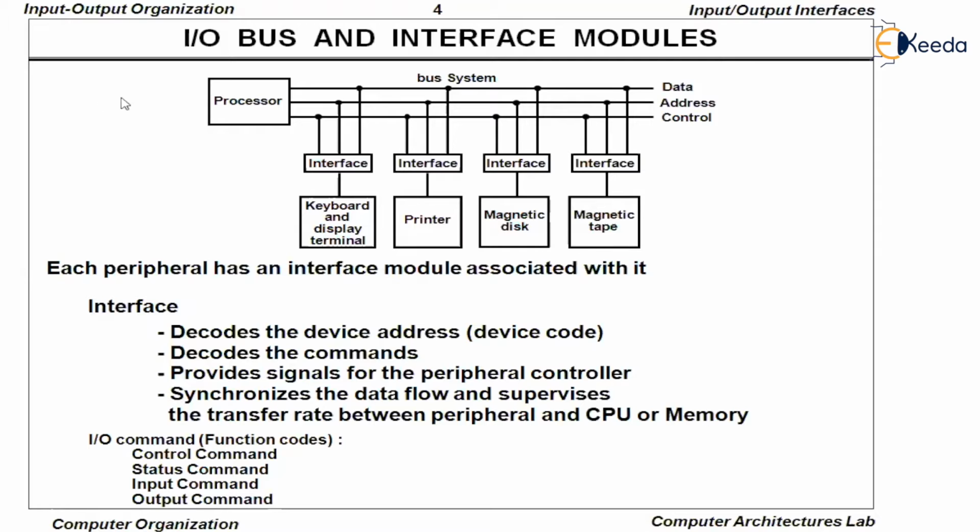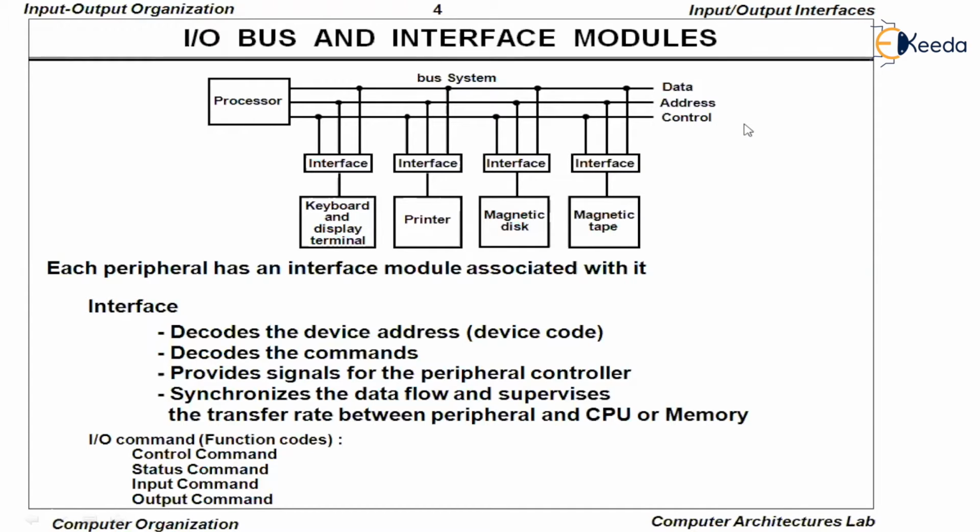Here you can clearly see there is a processor and there are several peripheral devices. But does the CPU directly have a connection to the peripheral devices? No, the CPU is not connected to the peripheral devices directly. You can clearly see there is an interface. Using an interface, the CPU will be able to communicate with the peripheral devices. If you look, there is a bus system. We use a bus system to connect to the peripheral devices. The bus system has several lines: one is the data bus, one more is the address bus, and the third one is the control bus.